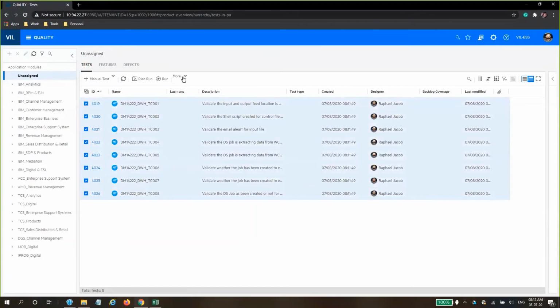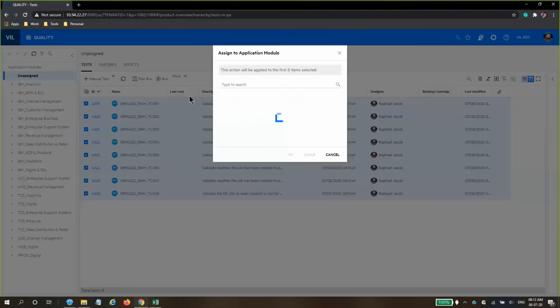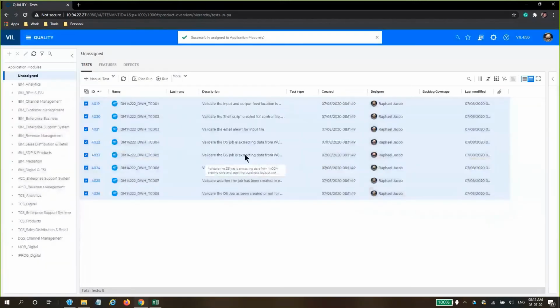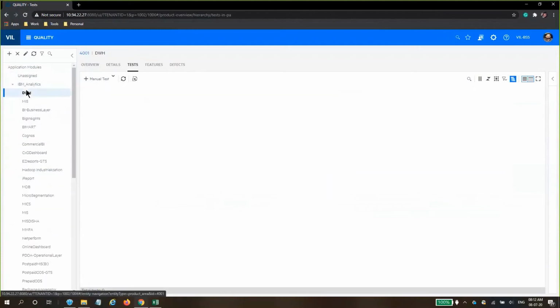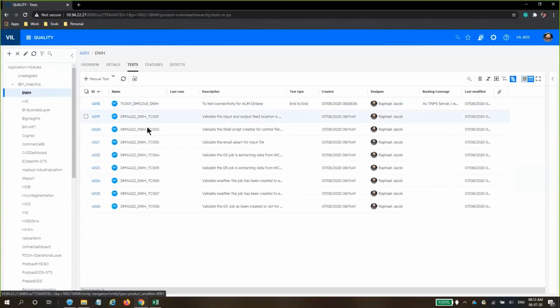We browse to more and click on assign application module. This window will open up. Here you need to select data warehousing and click on OK. Now if you refresh here, we have no more test cases in unassigned. And if we traverse to data warehousing, you will see our test cases have been uploaded successfully.